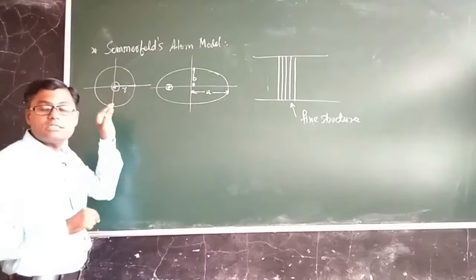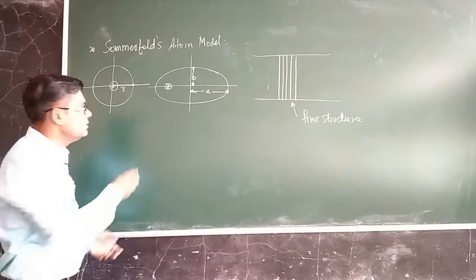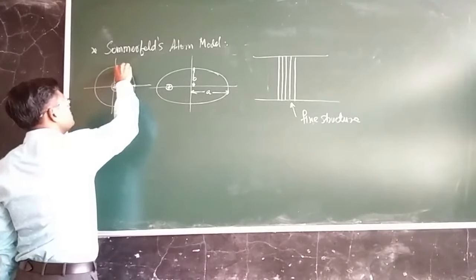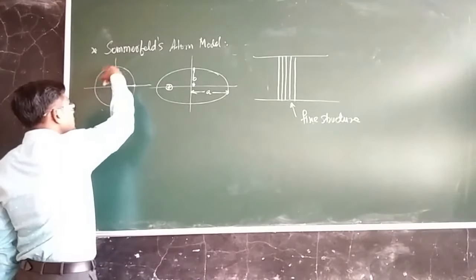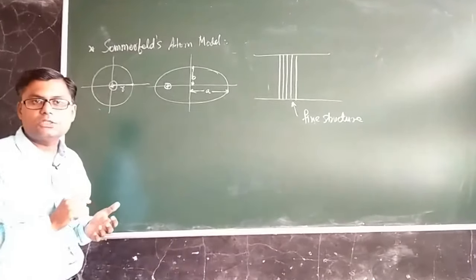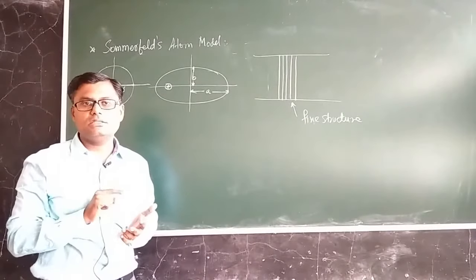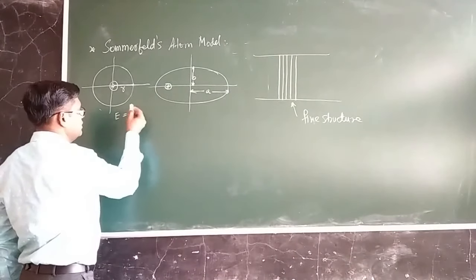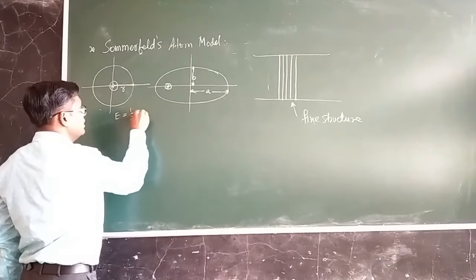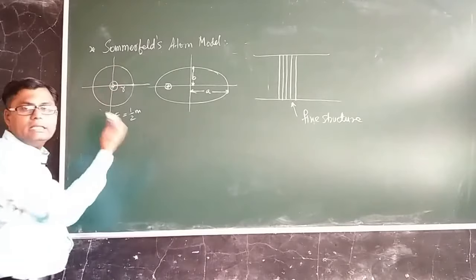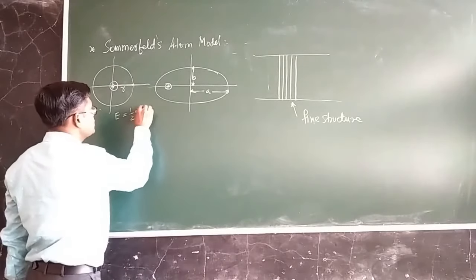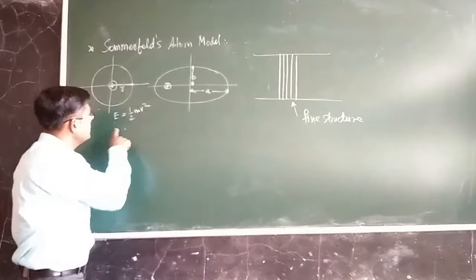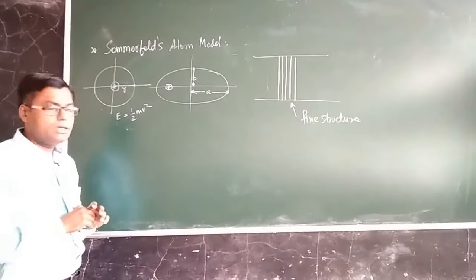Not only the radius, its speed will also be constant. The electron moving at this particular location, its speed will be something, and here also the speed will be the same. So in the case of circular motion, the radius remains constant and the speed also remains constant, and if the speed remains constant, it means the energy will also be constant. We know the general formula for energy: if we assume the total energy is entirely kinetic, then half mv squared, and since v is constant, the energy will be constant. So this is the case with the circular orbit.